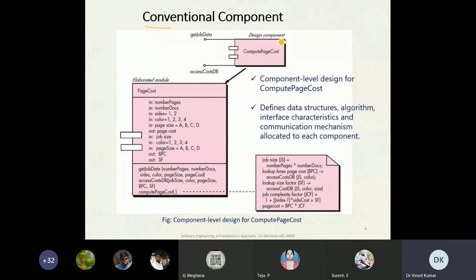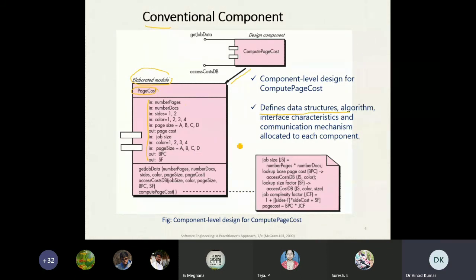In the conventional component, which is different from your object oriented concepts, you have the modules. So you have the design component, you have the module, page cost. These are the different data structures. Component level design for component page cost defines the data structures, algorithm, interface characteristics, and communication mechanism allocated to each component.